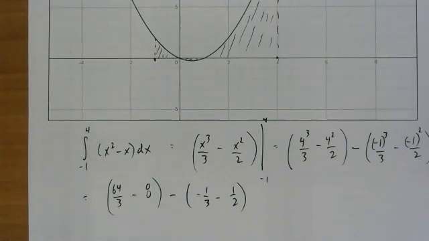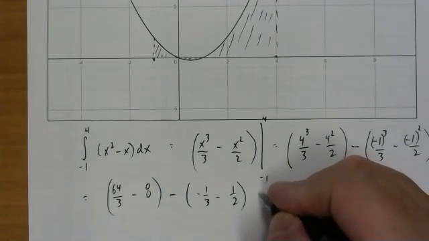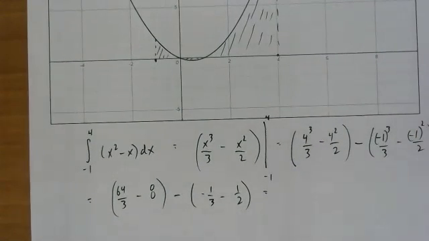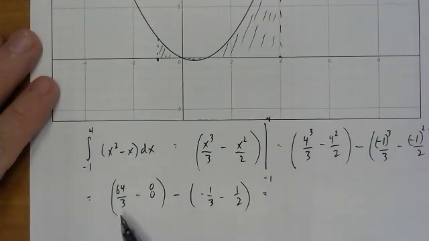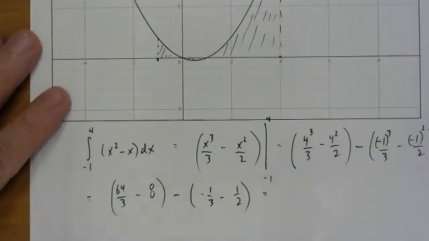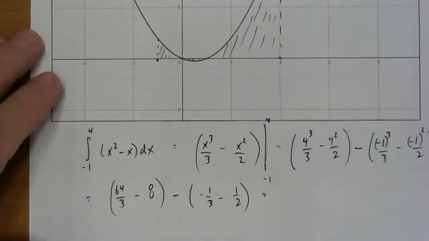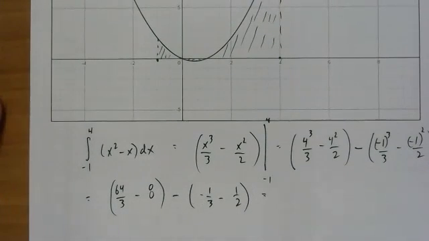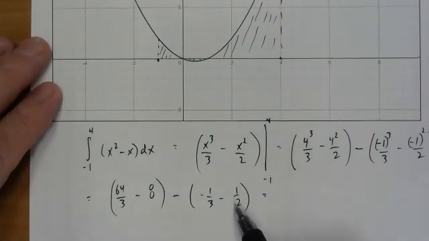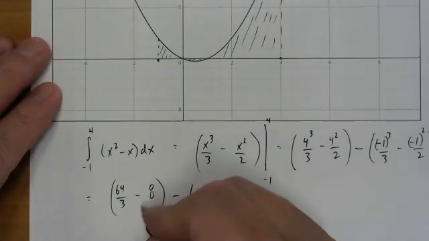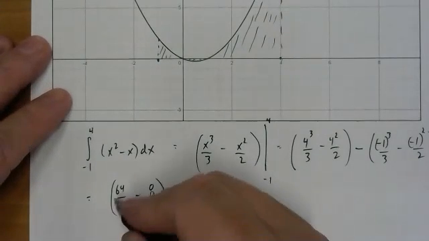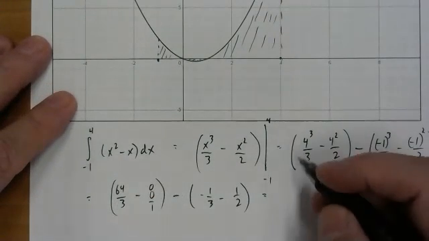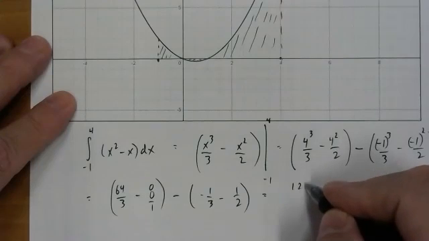If they ask for a decimal answer, you could just grab your calculator and do this calculation, but just for fun, I'll do it the old-fashioned way. I'll try and find a common denominator. I've got a 2 and a 3 and a 1 and a 3, so a common denominator is going to be 6. This first fraction multiplied by 2 over 2,